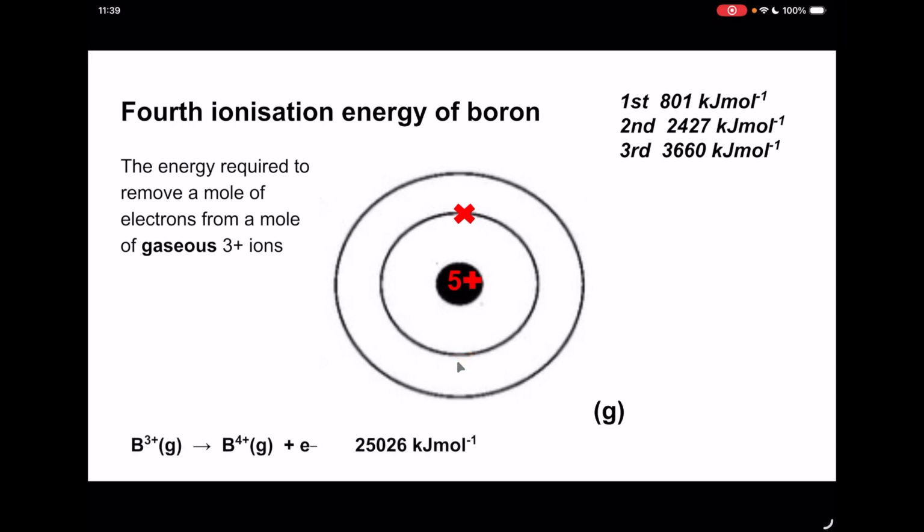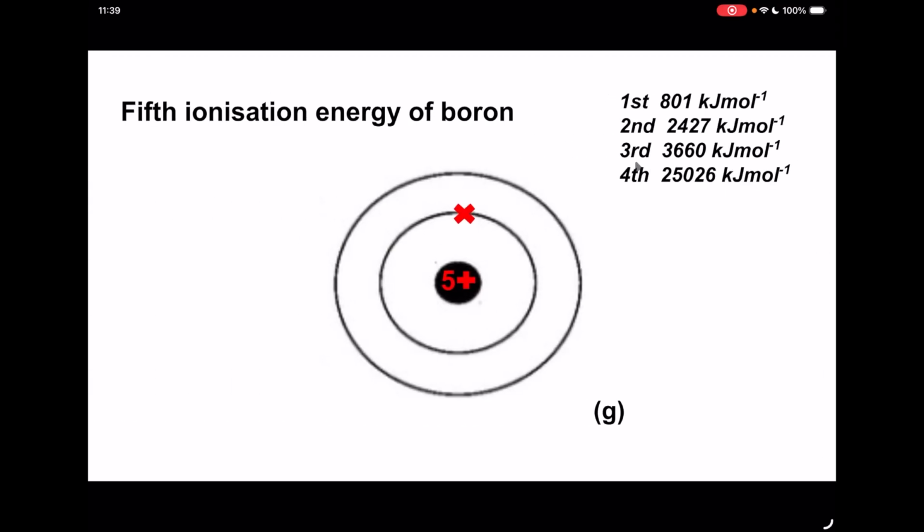And there's the equation for that process. And notice the number is significantly greater now. So I will explain that at the end, but have a think about why that number's gone up significantly compared to the previous one. And moving on to the final ionization energy of boron, so that's going to be its